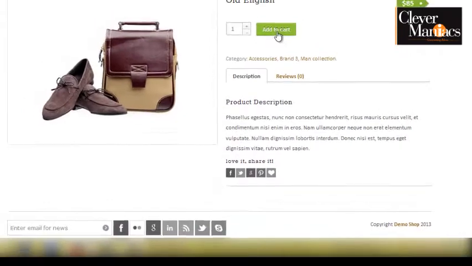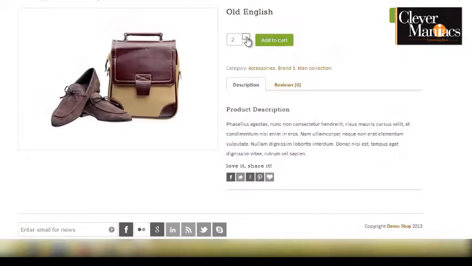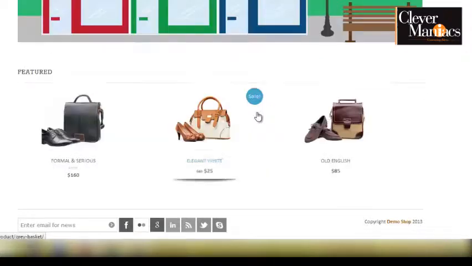I can just simply add it to my cart. I can just choose the number, maybe I want 3 pairs of these shoes or whatever they are, and add it to my cart. Or if I go back and choose the variable product here, I click on that,